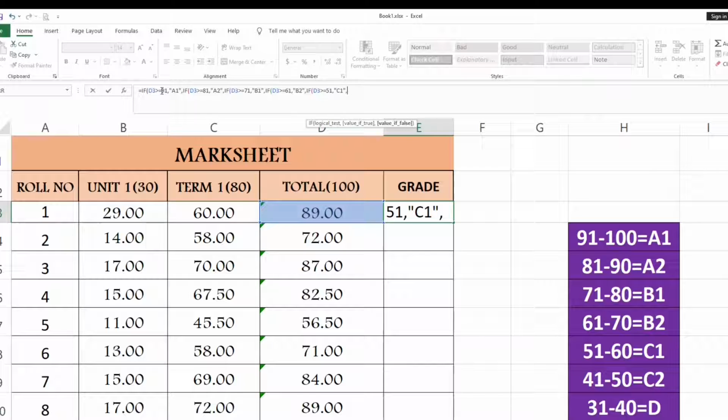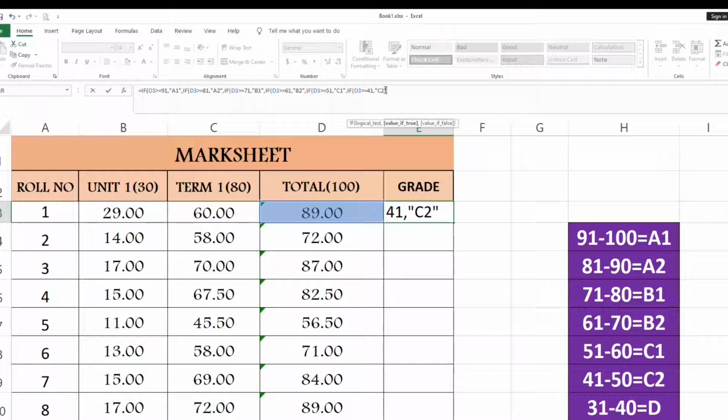Next parameter is IF D3 is greater than or equal to 41, comma, this will be C2.